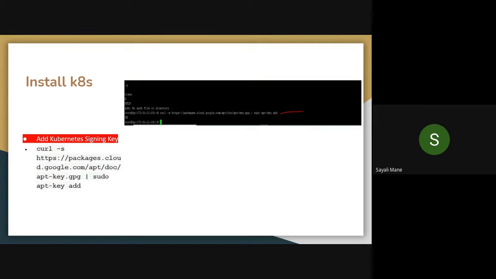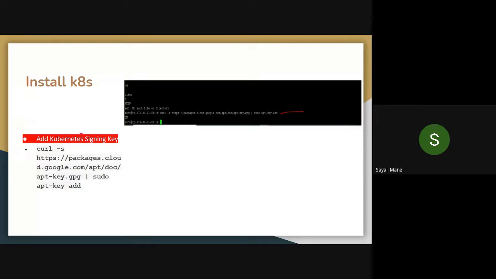Is anyone still doing the Docker version commands, or anyone still lagging? Then type yes or no. According to that, I'll go to the next slide. Next one, no? Okay, fine.